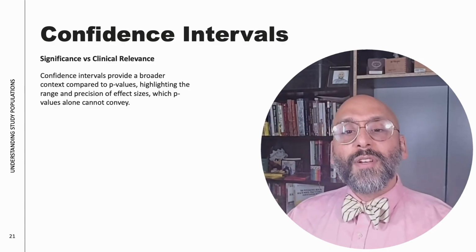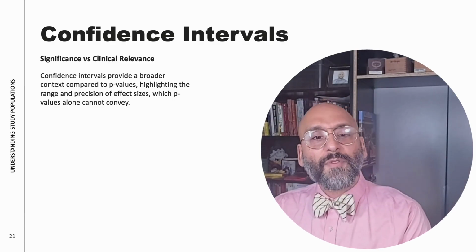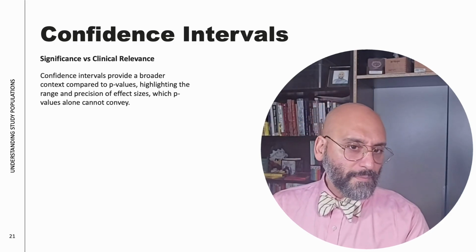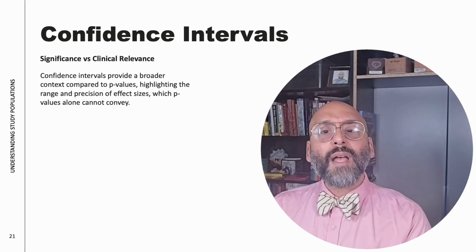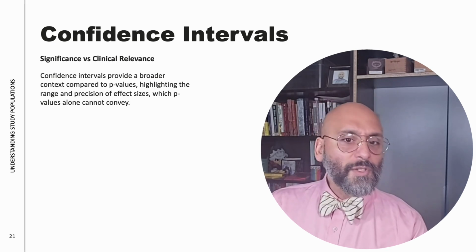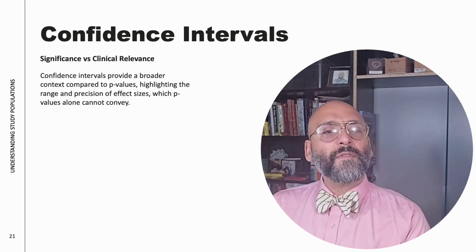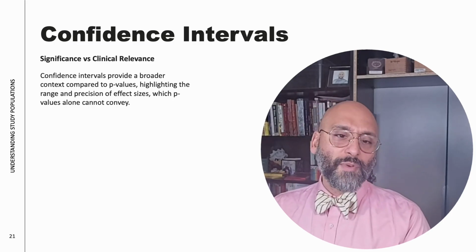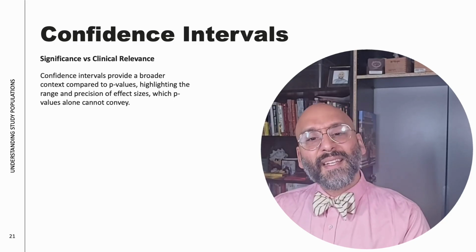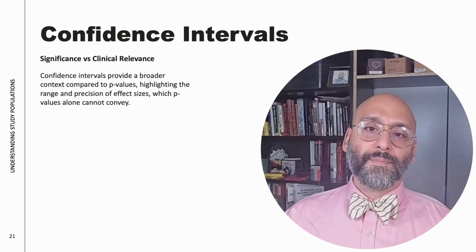So when learning this or explaining research to patients, this framing shifts. We're not asking, does it work? We're asking, how much does it work? And for whom? So you want to look at confidence intervals before you look at p-values when you read a study. They tell you whether a statistically significant result is also worth acting on.